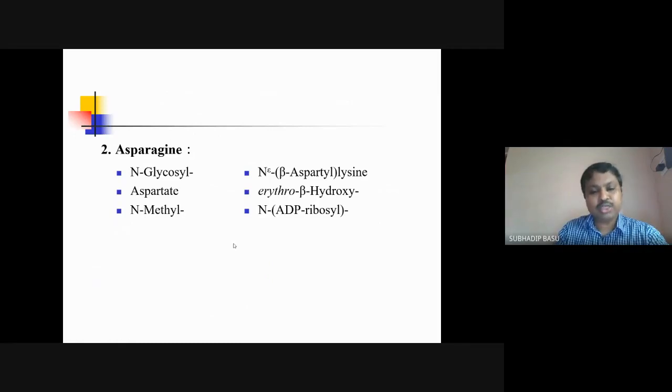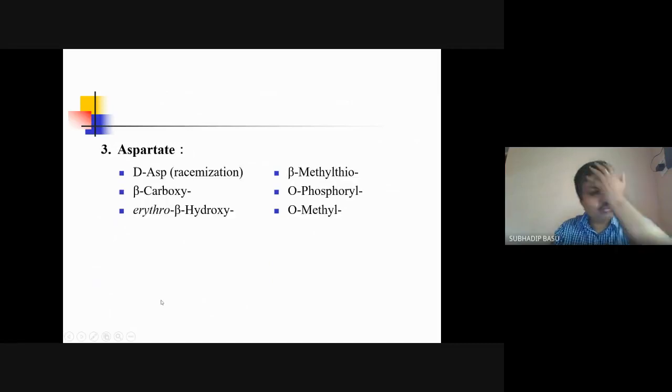This is a very popular type of modification, and we are also working partially on this N-glycosylation modification in asparagine. This is connected to the disease of depression and stress. This takes place in neuroproteins. Okay, so asparagine. Then we have aspartate. There are several types of